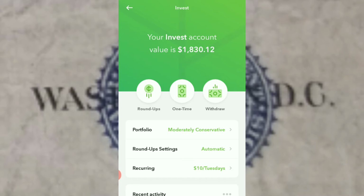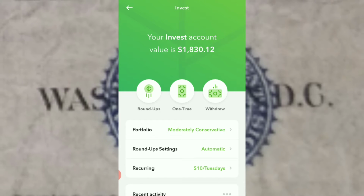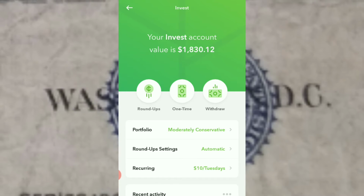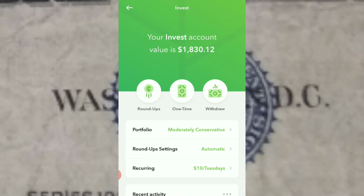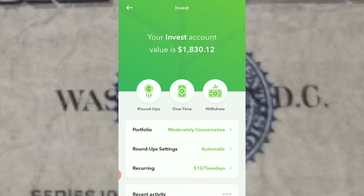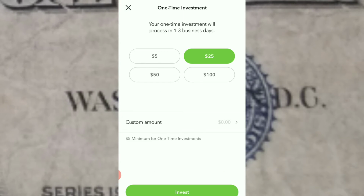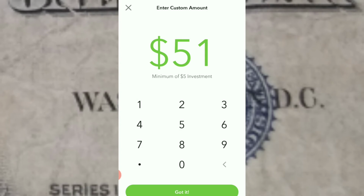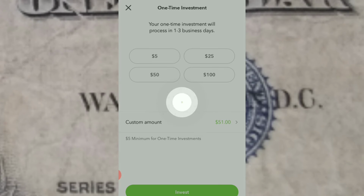Well, it's week 51 of the $1 weekly ascending challenge. So this week, in order to hit our goal of saving $1,378 in a year's time, we need to add in $51. So we're going to make a one-time deposit, and we'll put in $51. All right, got it. Invest, confirm,